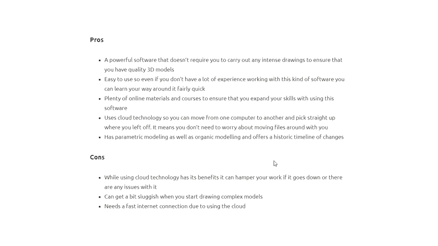If you consider a general CAD system, you have to go for a specific machine where you can install the software. But for this you can use a tablet, your iPad, your MacBook, your Windows desktop, or your mobile. Whether it is an iOS mobile or Android mobile, you can easily download and use it. Okay, this is the basic, major pro compared to the general CAD system.